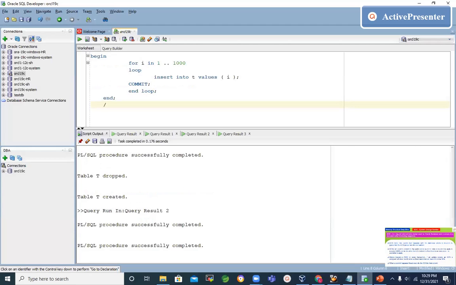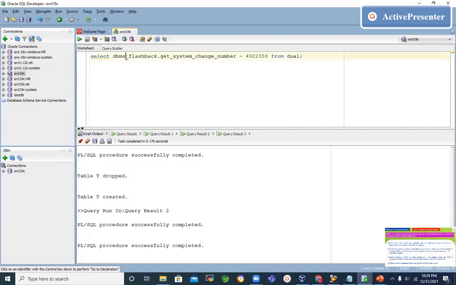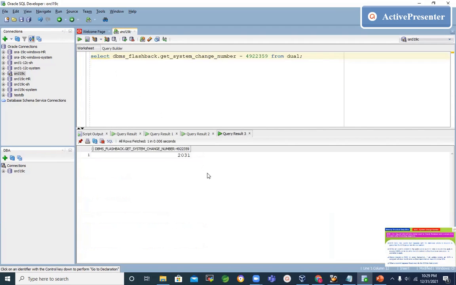Now with commit, let's see what's going to happen. If we run this one and see how many increments. Now you got it. Now you see more than 2000 even. So very clearly, you notice in the previous case only 65, but now because of the commit,